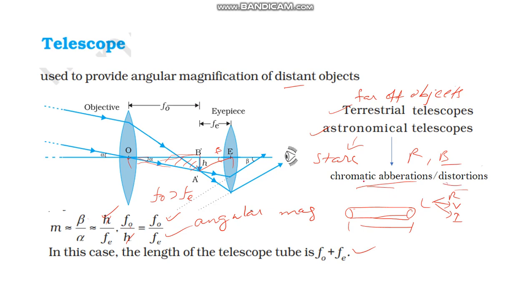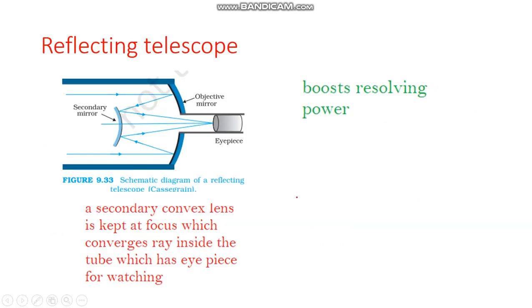Distortion means when you are looking at stars, two stars which are close by. Let us say this is the surface of the earth, and from here you are watching two stars. These two stars are at a very long distance, and in fact the distance between them also is very high. But if you see, the angle subtended will be very small. So basically you are seeing the images, and the images will be very blur, okay? So that comes under the distortion thing. So for that, what you are supposed to do is you have to increase the resolving power.